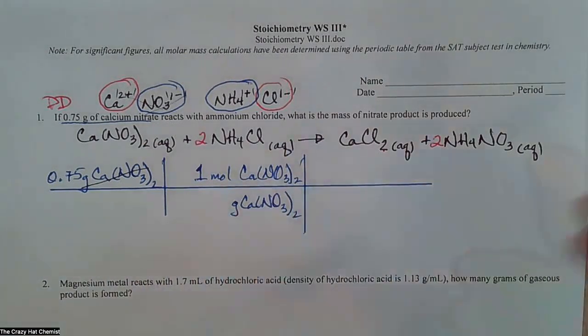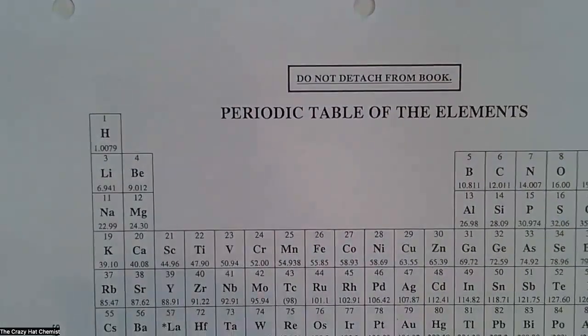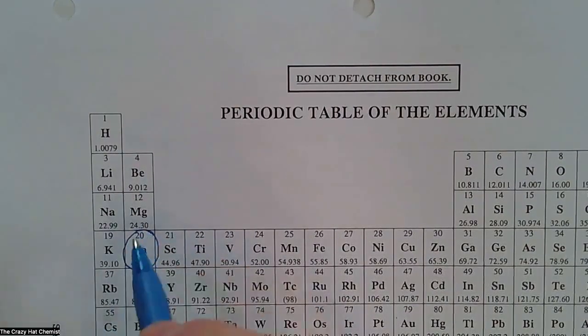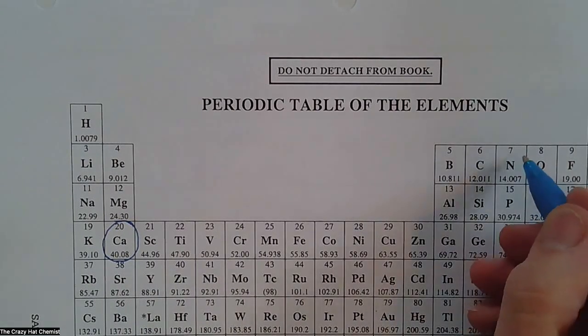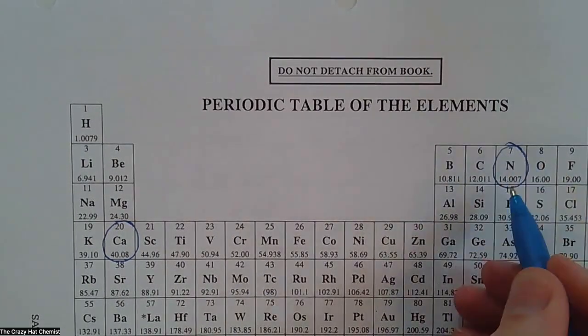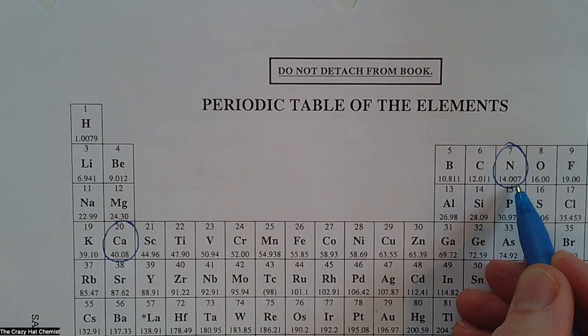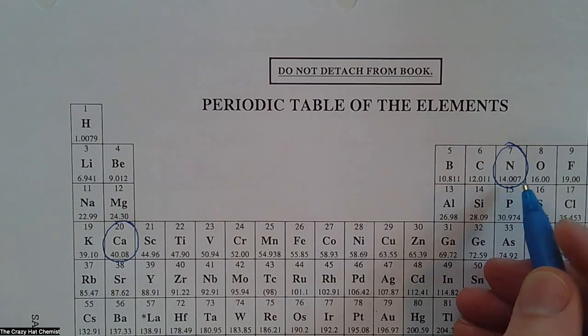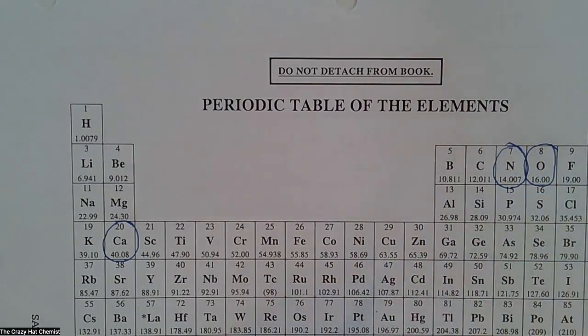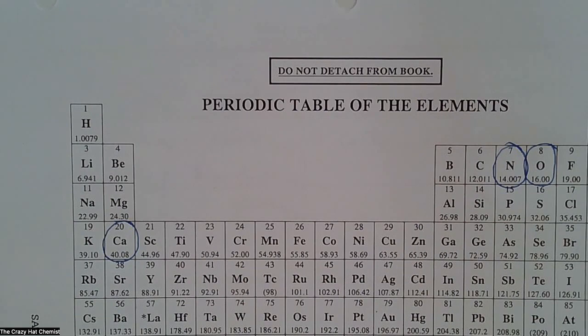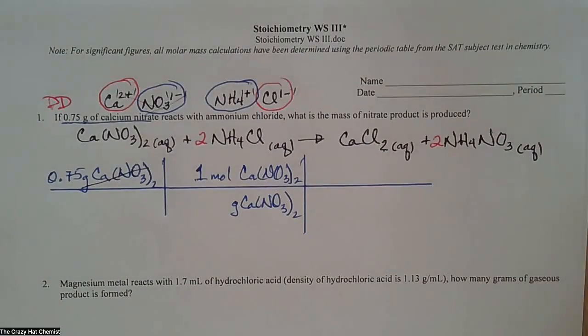So it's going to be 1 mole of the same formula, calcium nitrate. The conversion from mass to moles uses the molar mass. So we're going to find calcium on our periodic table, and it has a molar mass of 40.08. We're going to find nitrogen on our periodic table. It has a molar mass of 14.007, and we're going to multiply that by 2. Then oxygen's molar mass is 16.00, and we're going to multiply that by 6. And so then we're going to get the molar mass, and that is going to be